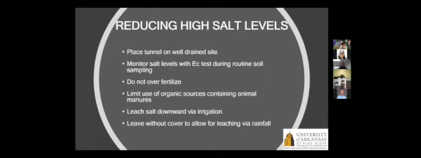And you want organic sources containing animal manures. Some forms of animal manures are very rich in nitrates, and that's one of the elements that lends to salinity. We can leach the salt downward via irrigation. Like I said, you can attempt to do a flush, and you put that irrigation water on there, and you hope that you leach it down into the lower profiles of the soil, get it beyond the